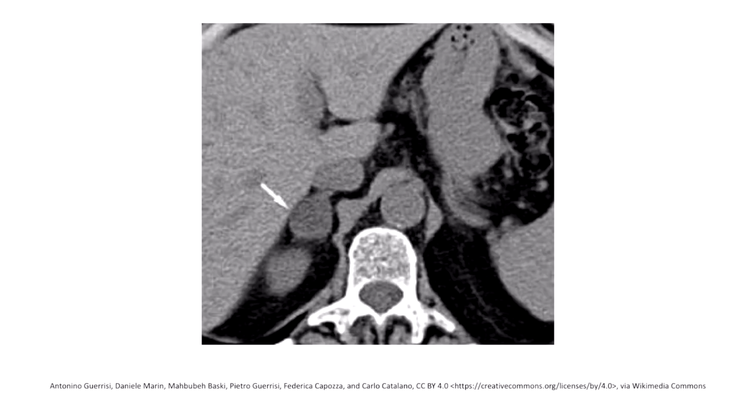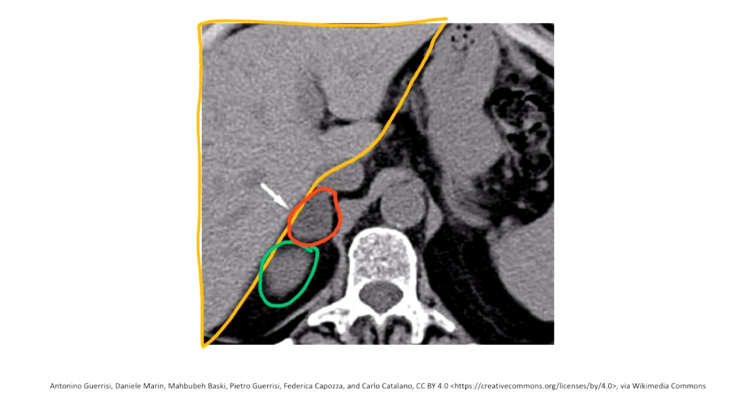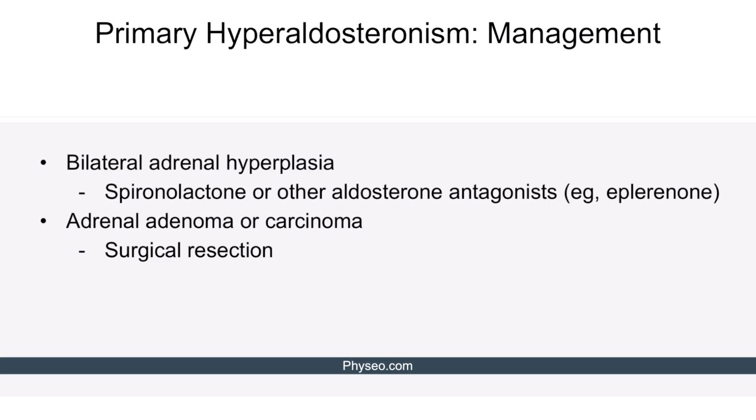Here's a CT scan of the abdomen depicting a right-sided adrenal adenoma. By means of orientation, here's the liver, the right kidney, and the notable tumor sitting atop the right kidney where the right adrenal gland should be. The management of primary hyperaldosteronism depends on the exact etiology. Patients with bilateral adrenal hyperplasia are usually managed with either spironolactone or other aldosterone antagonists, such as eplerenone. Patients with adrenal adenoma or carcinoma, on the other hand, are usually managed with surgical resection, although the care of